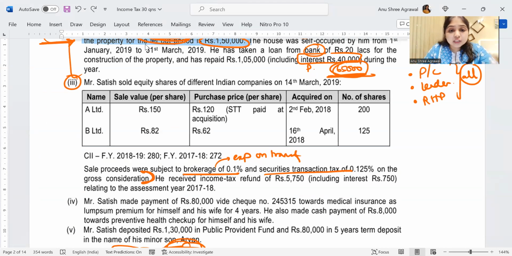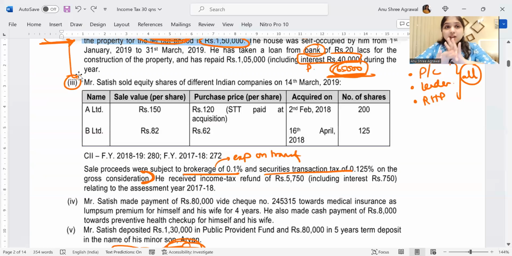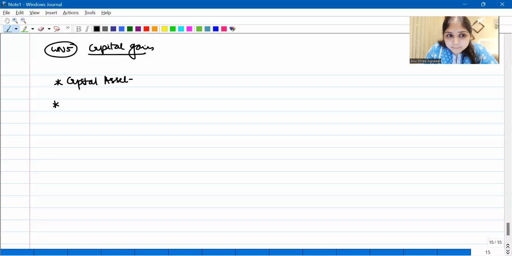Right, guys? So I will give you one standard procedure that you will follow in every question. After you read the question, no need to visualize the answer. No need to put everything in your place. No need to plan the answer. You will straight away start writing. What's the first step? You will start with capital asset. What is the capital asset over here? And then you will do the period of holding. Generally, this is how you do.